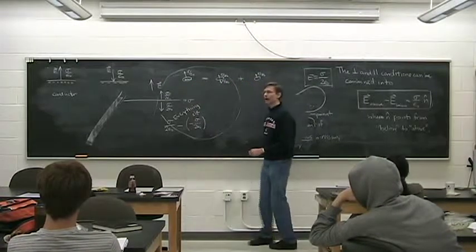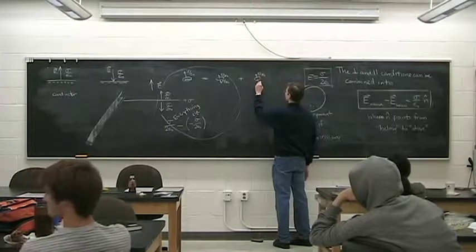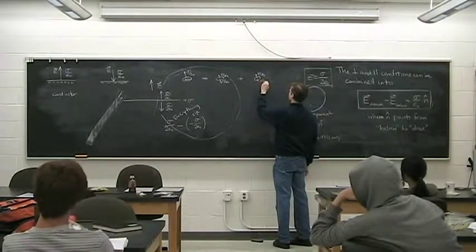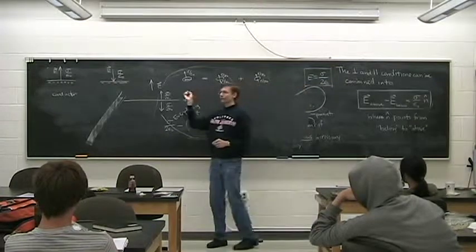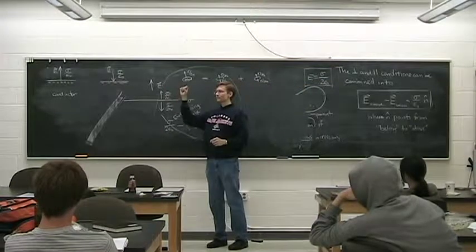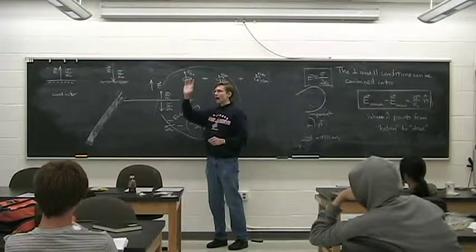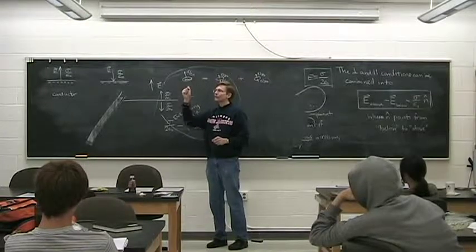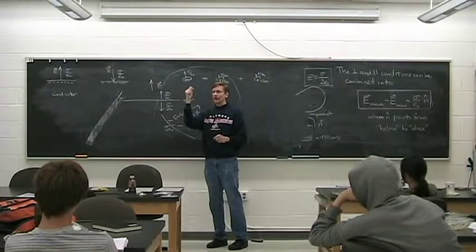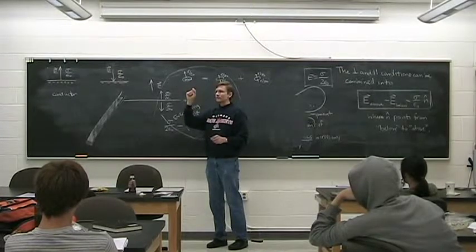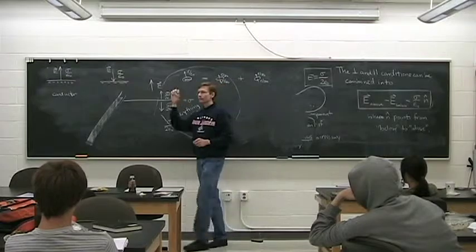Sigma over 2 epsilon naught up. So in other words, at the location of the patch, all the other charge in the system is producing sigma over epsilon naught... both above and below the location of the patch. The patch itself, if the patch is positively charged, the patch itself